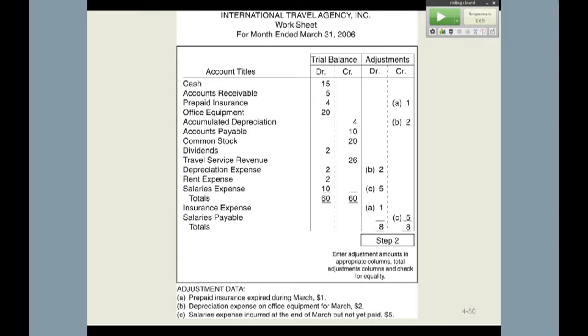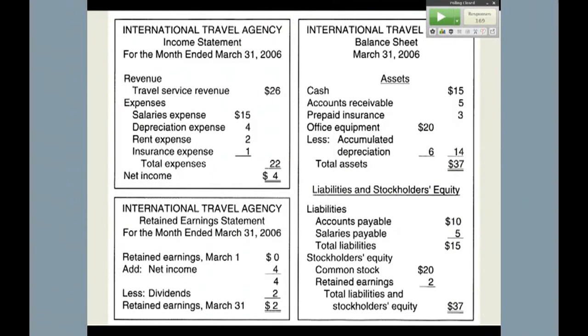And then, of course, the other benefit of the worksheet is that you can use these columns to prepare the financial statements. You can easily prepare the financial statements directly from the columns. So I can simply take the revenues and the expenses and come up with the $4 net income for the travel agency. Once again, the first statement you prepare is the income statement. Next is retained earnings. The beginning balance is 0. Net income gets closed, minus the dividends of 2, gives you the ending retained earnings, and that's needed for the balance sheet,